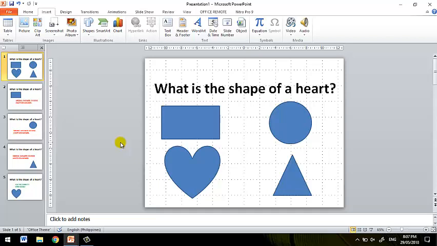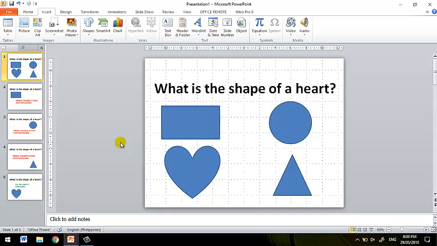So minsan kiniklik nila ang ibang parte ng PowerPoint presentation or slide na hindi naman dapat i-click. Therefore, nag-next slide sila automatically. Therefore, para mapigilan ng mga makukulit na batang ito sa pagkiklik, so we're going to use